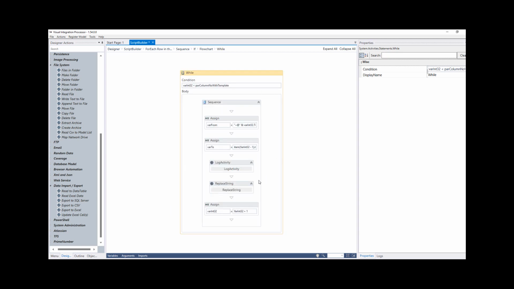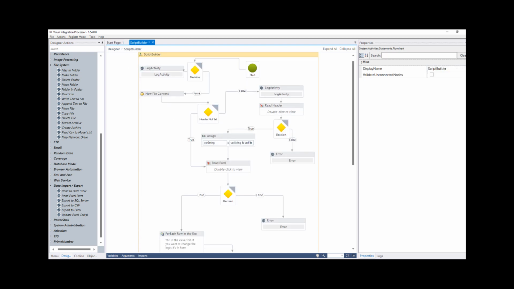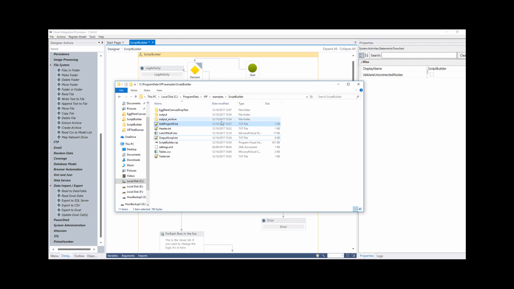What you would probably do there is just put a new flowchart. Okay, so that's how Script Builder works. If you look in the program data, you'll see this very example, so feel free to use it and play with it yourself. You could obviously just change these text files and input whatever you want into lists of stuff,